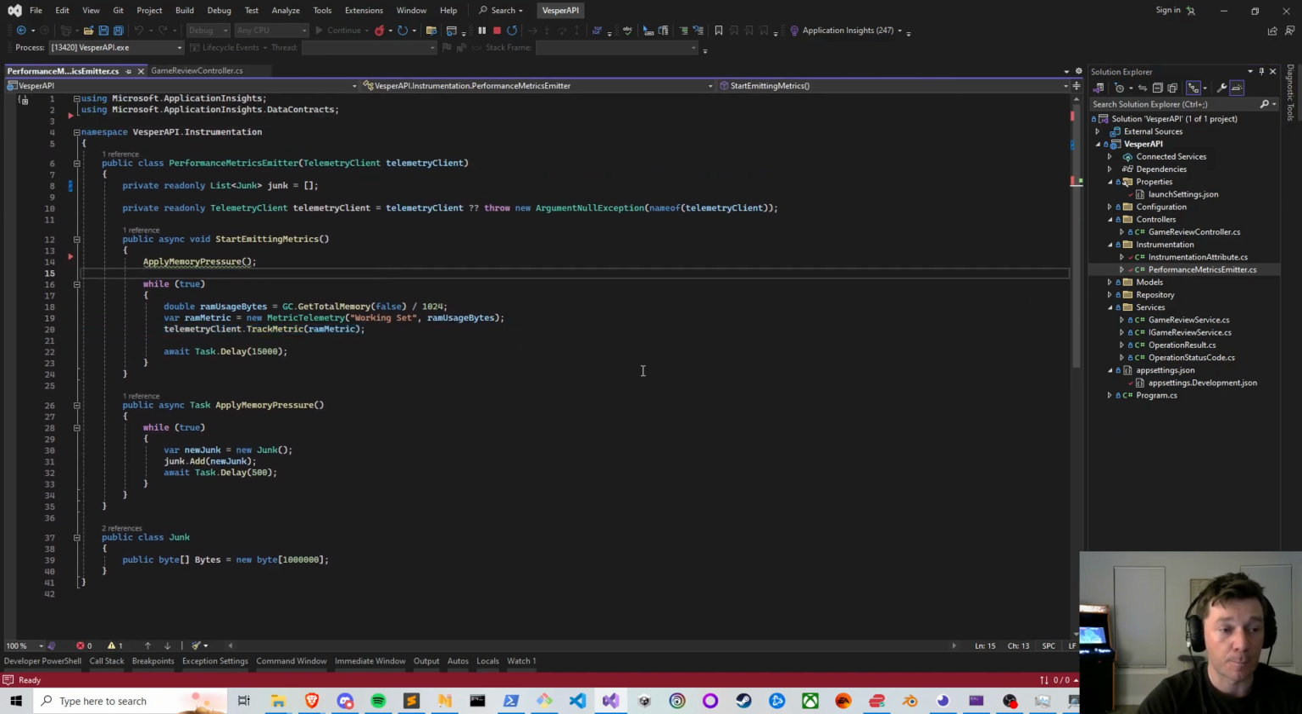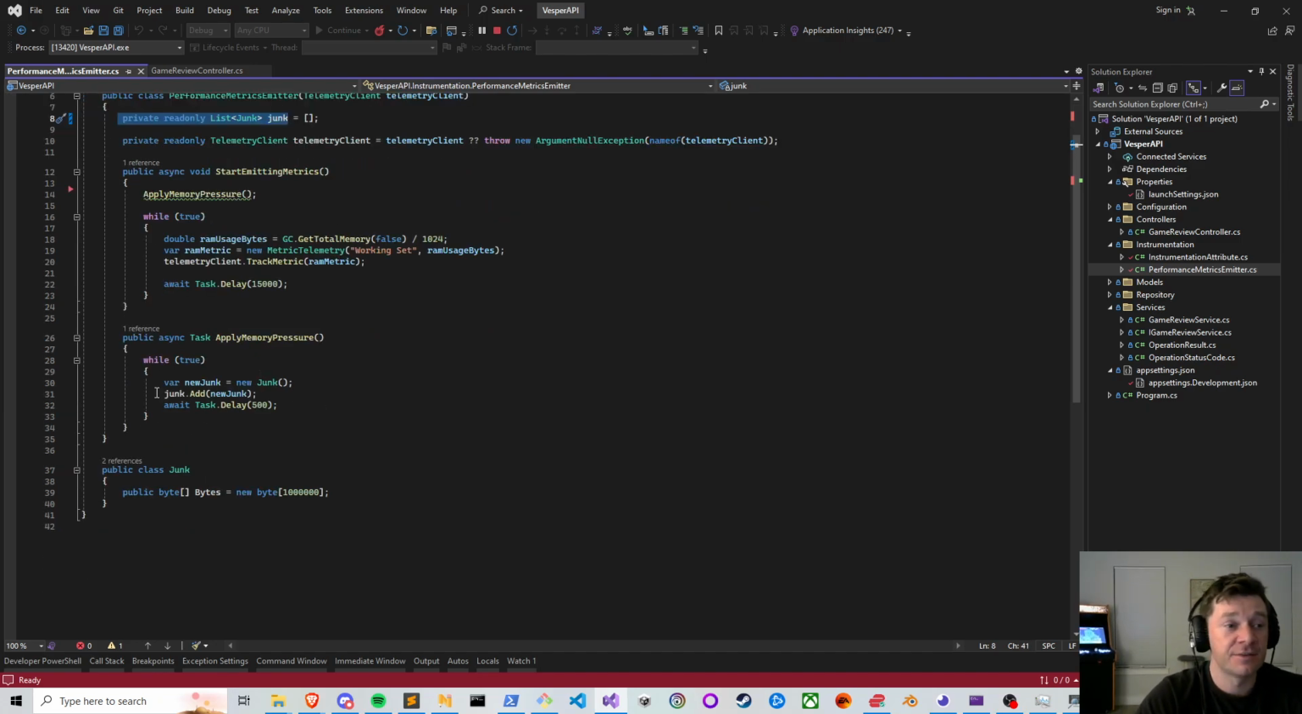And sure enough, there is a private read-only list of junk. And you'll see this method, apply memory pressure, which is basically just a loop where every 500 milliseconds it creates a new junk object, and that junk object has a 1 megabyte size byte array. So obviously this is an extremely contrived example, like you would never write code like this, that would be stupid, but